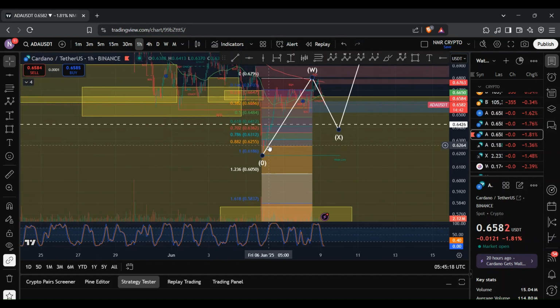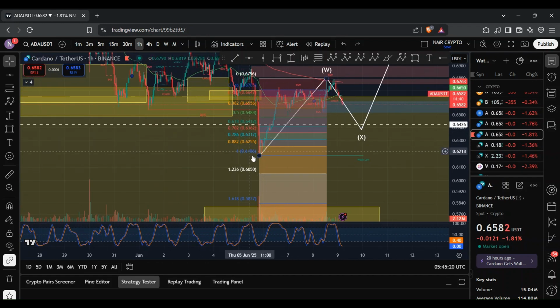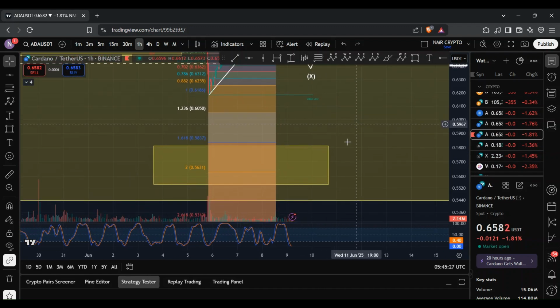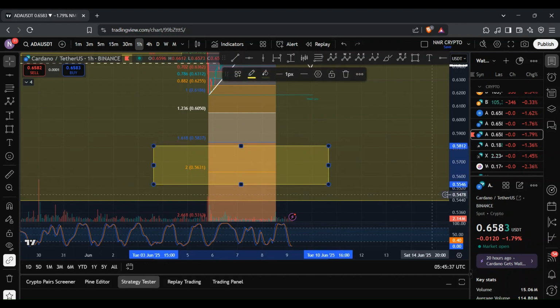And if ADA was to breach past the 18.2% retracement level and the 100% retracement level, then it's possible that this move to the upside is now complete, and then we see that deeper move to the downside, where we then potentially break this low at 61.86 cents, further confirming that we're bearish, because that could then trigger a break of structure on smart money concept, and ADA can then potentially tap into this region between 55.46 cents to 58.12